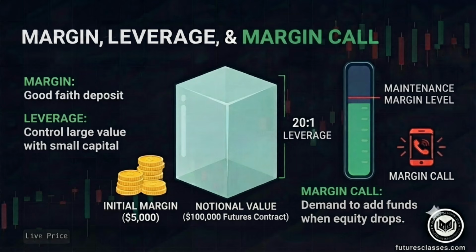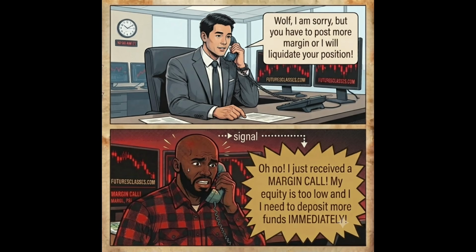Futures trading involves margin and leverage. You don't need to put up the full value of the contract up front. Instead, you deposit an initial margin, a good faith performance bond. Through leverage, a small amount of capital, like a $5,000 initial margin, can control a much larger notional value, such as a $100,000 futures contract. However, if your account equity drops below the maintenance margin level, your broker will issue a margin call, demanding you